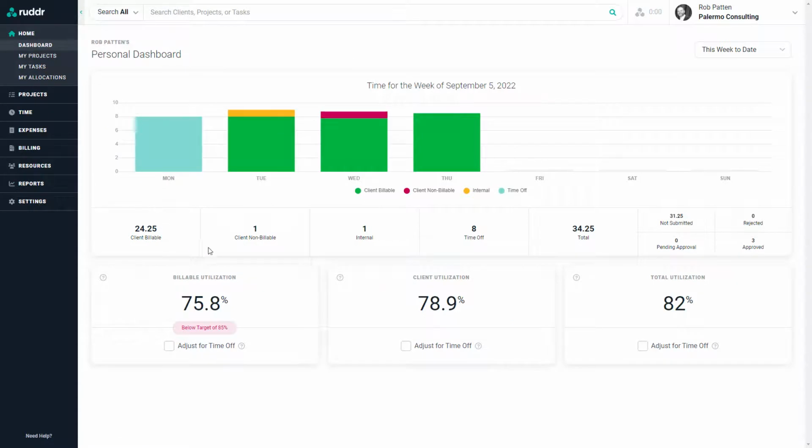Beneath the summary of your time entries are the billable utilization, client utilization, and total utilization metrics. The billable utilization metric is your billable hours divided by your capacity for the time frame here at the top right of the screen. So we can see that our billable hours for this week to date divided by our capacity yields a